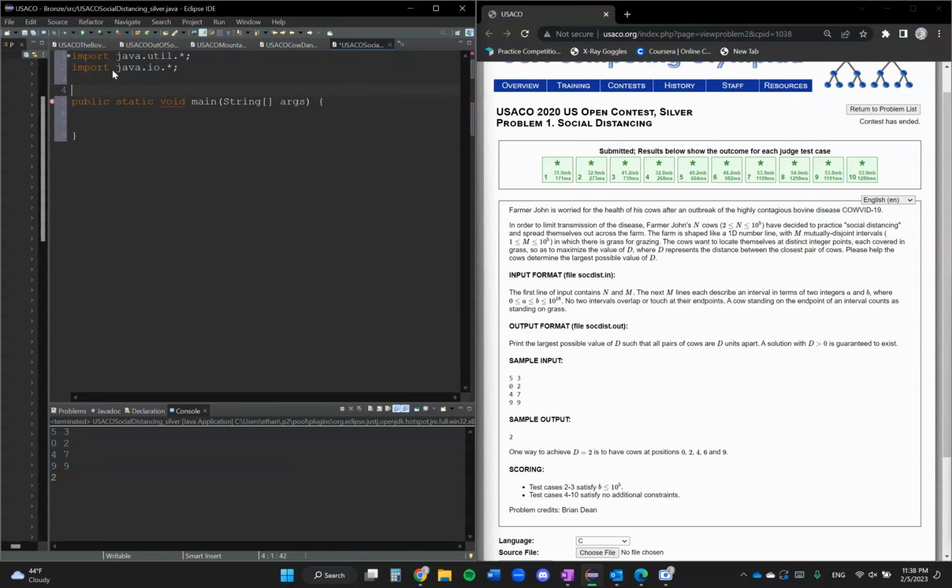Oh, I forgot to put the class in first. Sorry, I thought it was already in. Public class taco social distancing server. And then I'm going to be moving the class inside to here. Yeah, there you go. And then what we need, so n is going to be up to 10 to the power